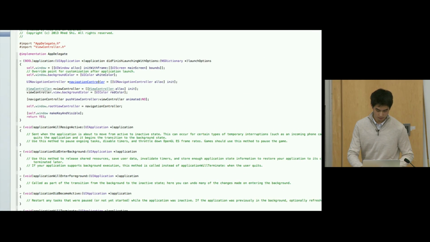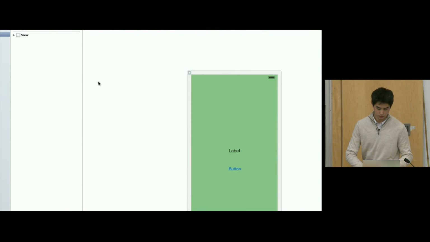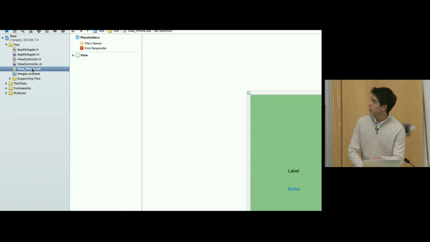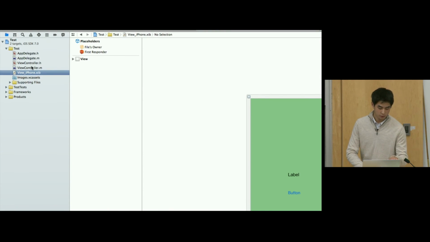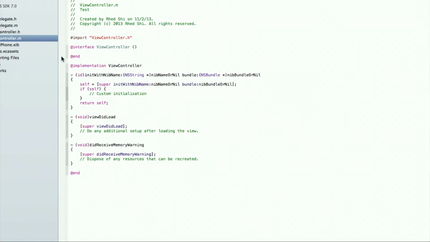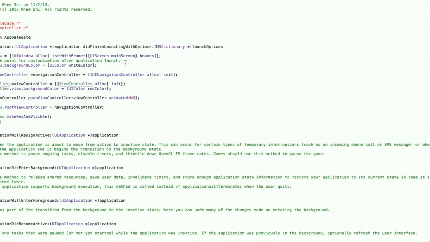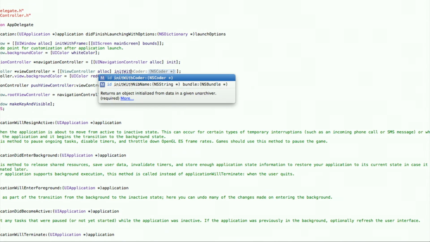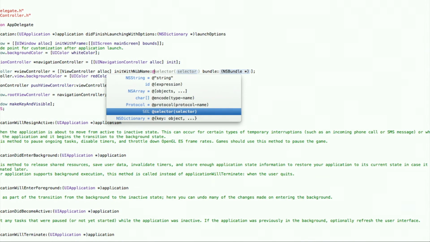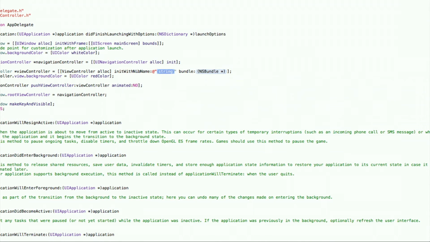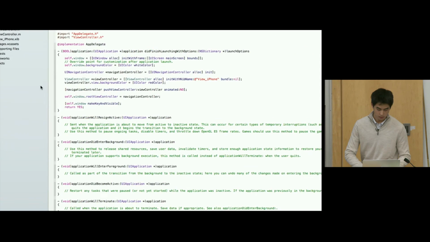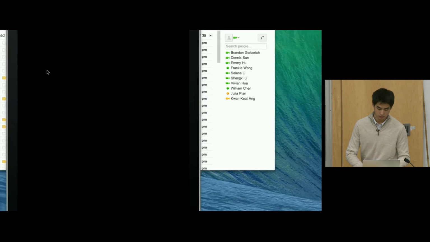And the reason why it's still red is because we wanted to associate this xib file with the view controller. However, in order to actually do that, we need to go into this. And when we do the init, we want to do init with nib name. And then we want to do the @string view iPhone, for example. You can ignore the bundle here. And this is going to allow us to actually